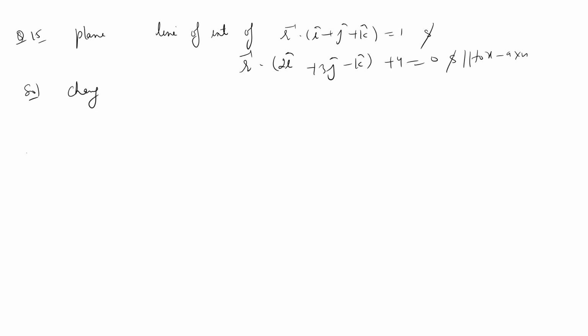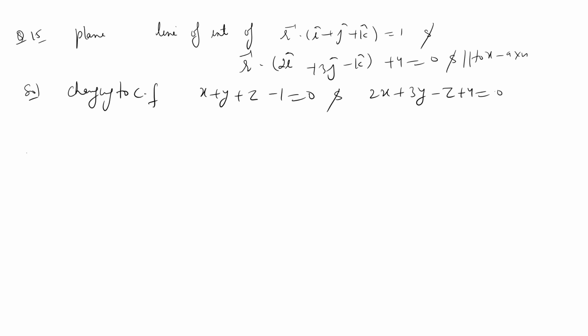Because I think you should know how to change simply if it is not asked, so you can go for Cartesian form. Okay, so changing to Cartesian form, the equation of plane, I get it as x plus y plus z minus 1 equal to 0. You know that we need to write like this. And the second one is 2x plus 3y minus z plus 4 is equal to 0.